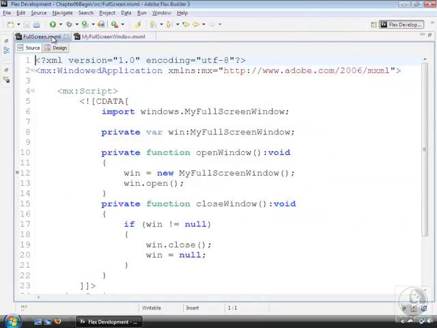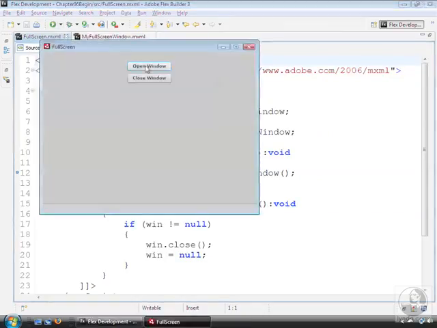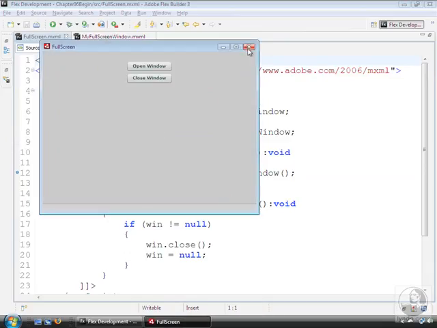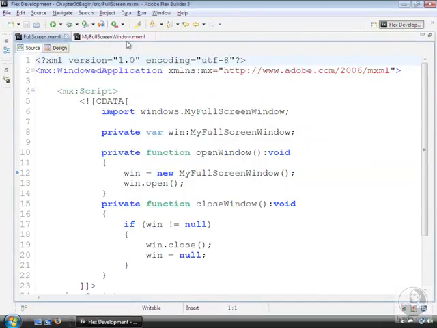I'll go back to the application and run it, and then click the button to open the native window and show you that it looks like a normal window with complete system Chrome. I'll close the window and close the application. Then I'll go back to the component